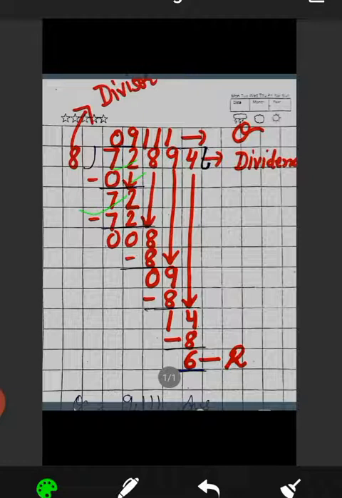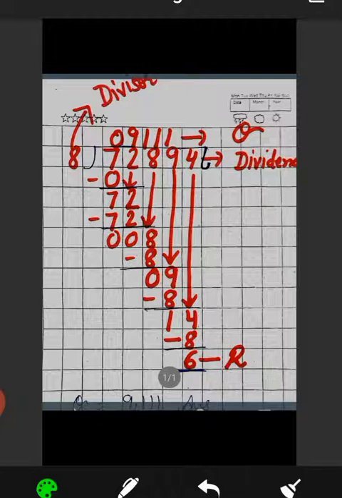So now the 2 from the thousands place you will bring down. So that becomes 72. So now you know 8 nines are 72. So 72 is written. It is equal to the upper number. So subtract: 2 minus 2 is 0, 7 minus 7 is 0. So next from the hundreds place you will bring 8 down. So 08 is 8. You can write 8 alone also.